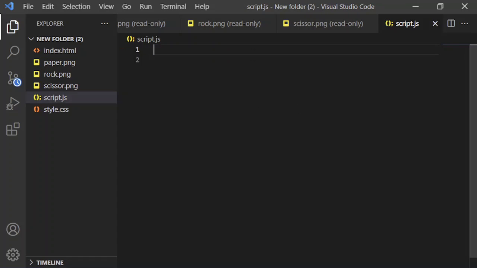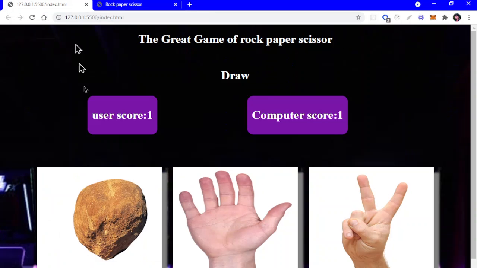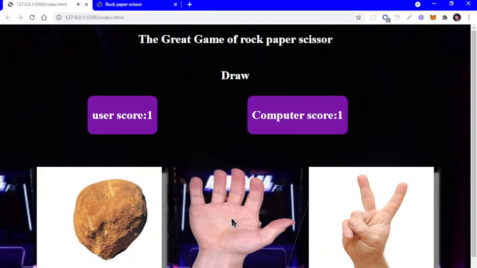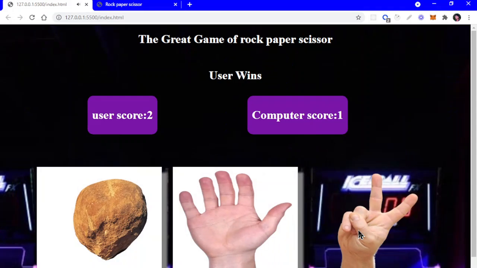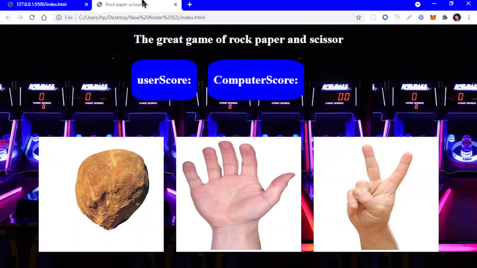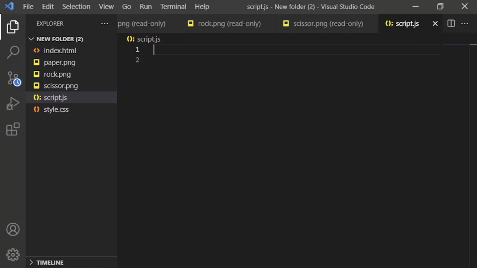So the first thing is that we want our computer to select something. Whenever the user clicks on any image, so you can go here. When I click this one, the computer will select one. Every time I click that image, the computer should pick one thing. We can do that with JavaScript. So for the computer selecting something, I can do a var computerSelected equal to